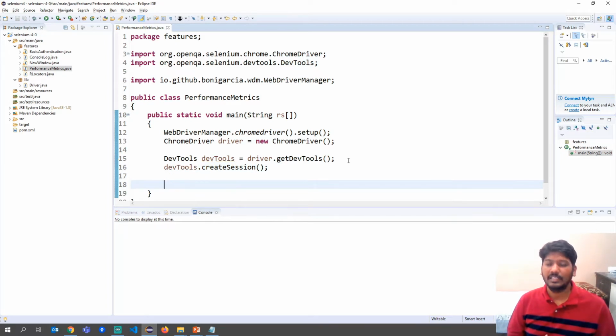Earlier, what we did, we used console log related entries, right? So we sent a message to enable the logging. Similarly, you have to send a message here to enable the performance.